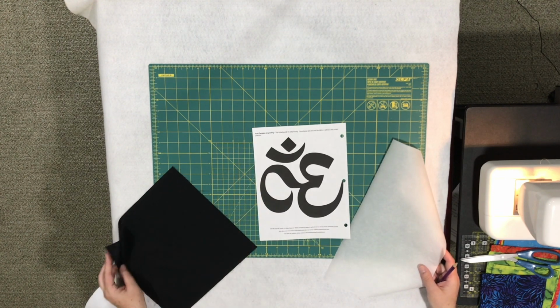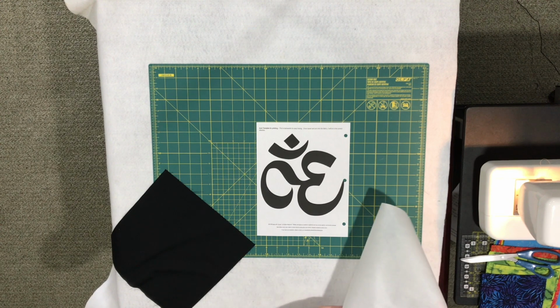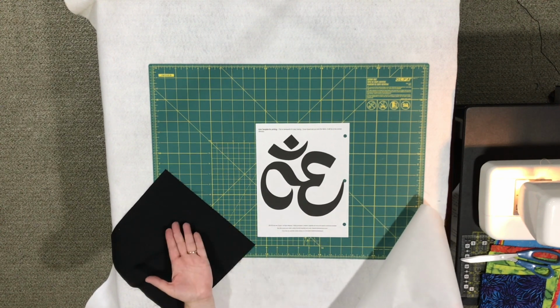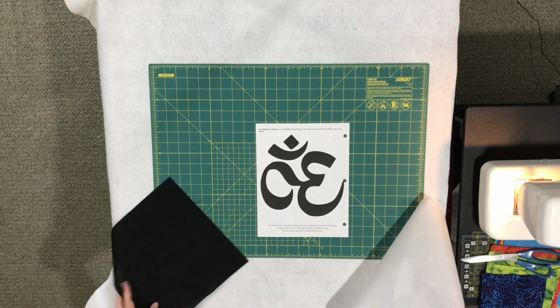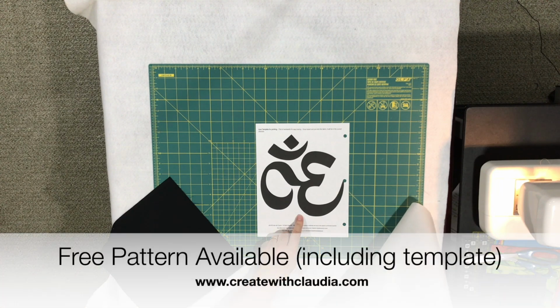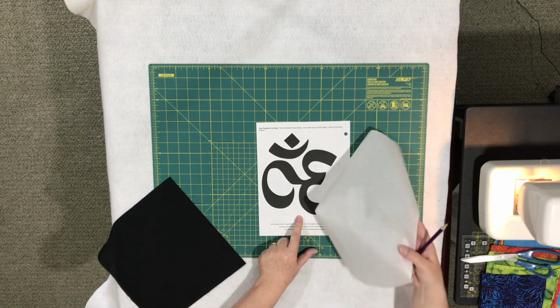Now it's backwards, and it always surprises me when you have to do it this way, but it makes sense. Once you do it, you'll see why, because when you put it on the back of the fabric, it reverses the direction. This backwards symbol can be found on my website. I have a downloadable pattern for this quilt, so that should help you out. But that's what you're going to use to trace out your shape on the fusible